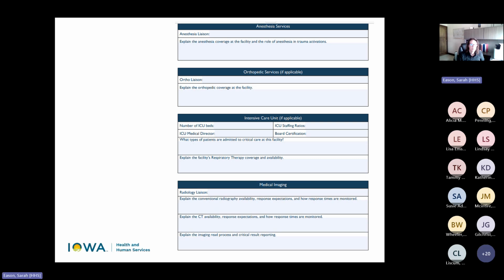Is the expectation that they're coming to your trauma alerts? No. And are they covered 24/7? No. You do not need to submit the schedules. Okay, even if I put them as a liaison? Right, because the schedules are really just proving that they have coverage 24/7. If you're okay requiring them not to be there, then don't submit them. Okay, very good. Thank you.